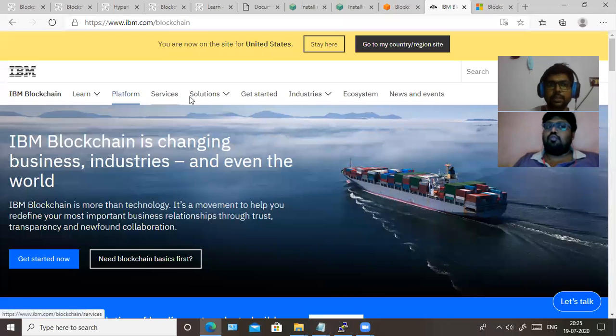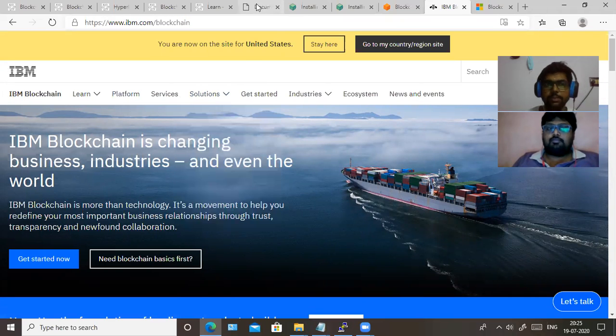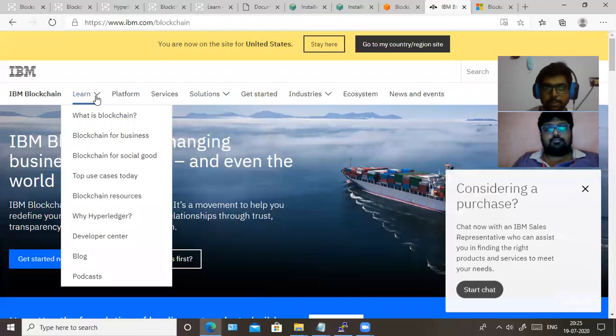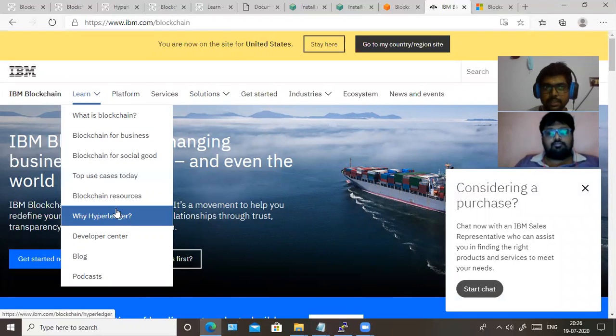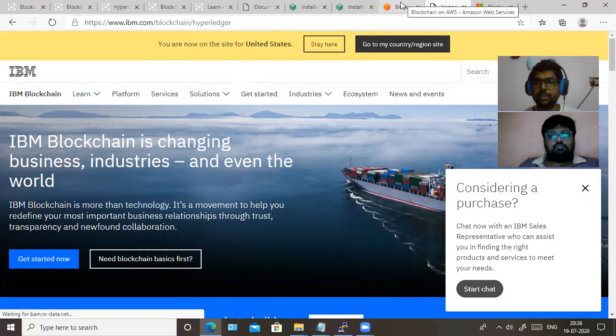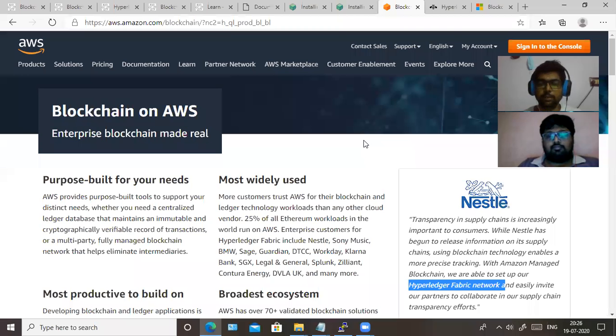See, what happens here is that we can have this solution on our own server. Blockchain needs specialized infrastructure because it is expensive. It needs more memory and more RAM.